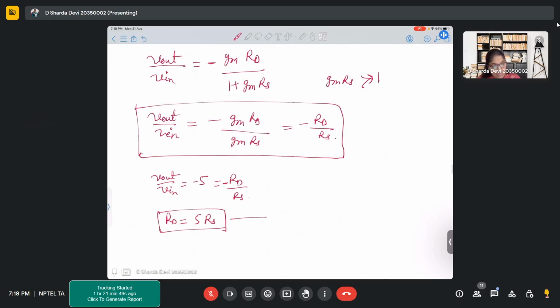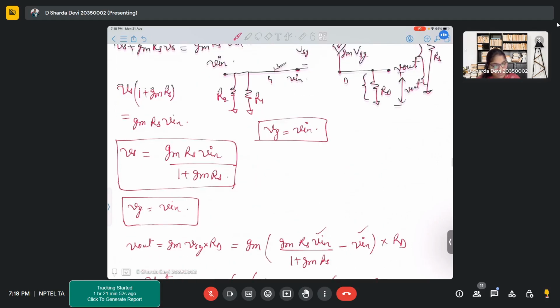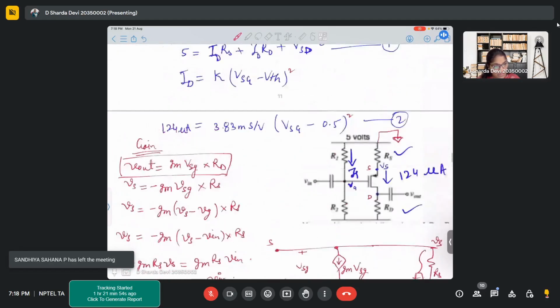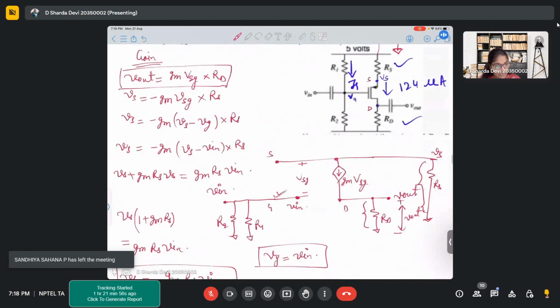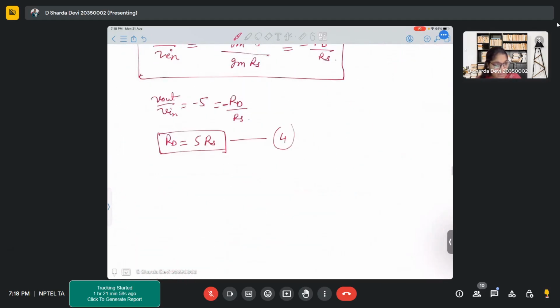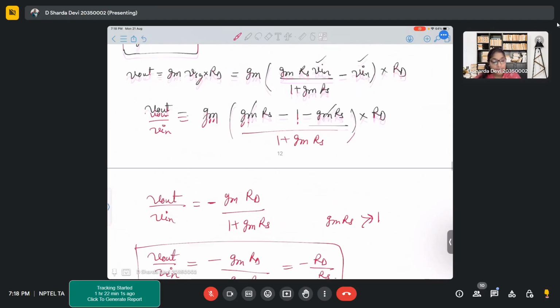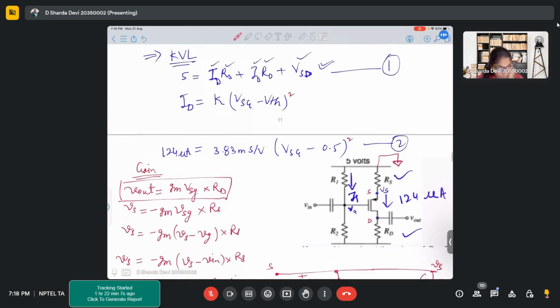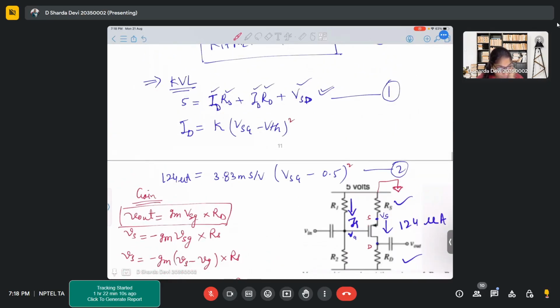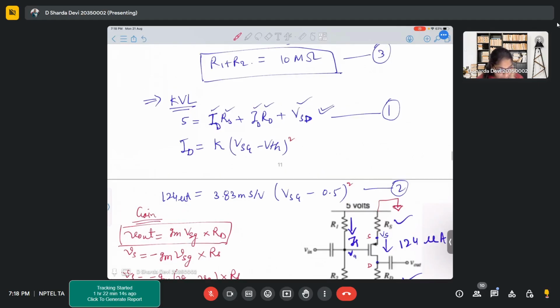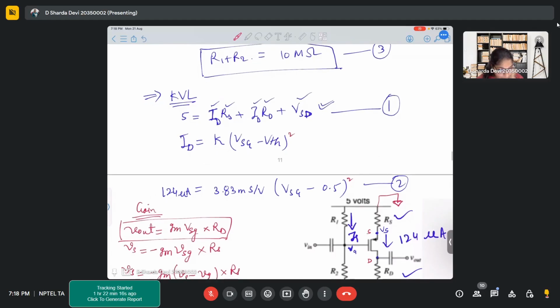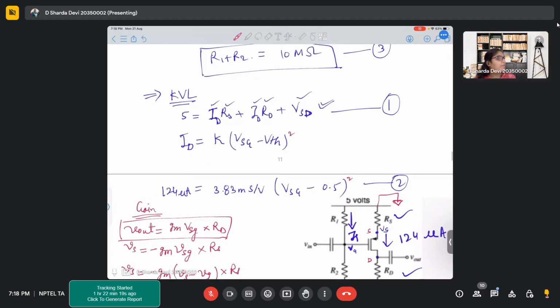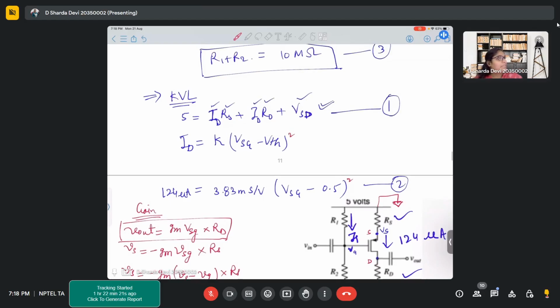Now this is another result that we have got. So let's say 1, 2, 3. So this is 4. Okay. Now we have found a relation between Rs and Rd. We have found Vsg, right? No, we didn't find Vsg,